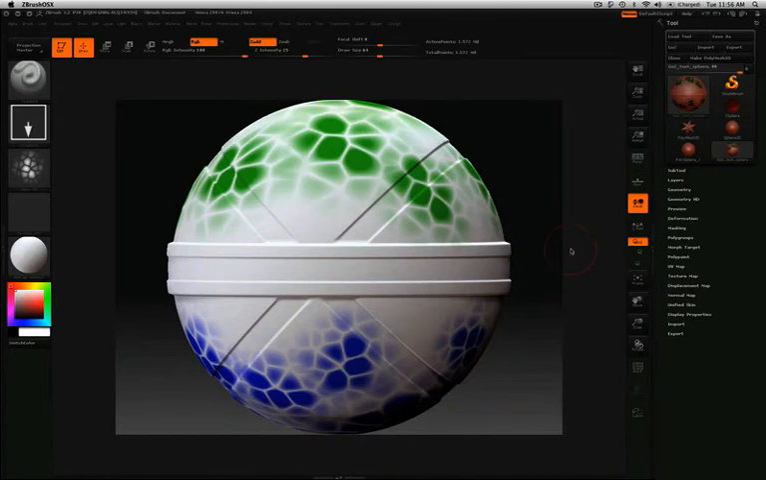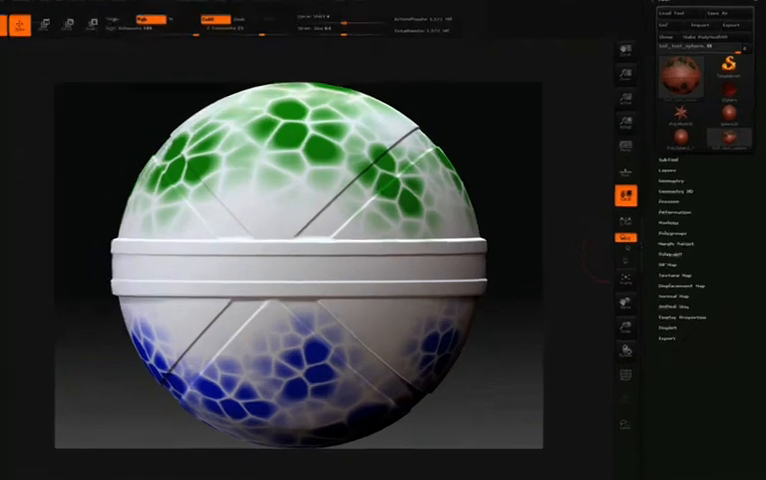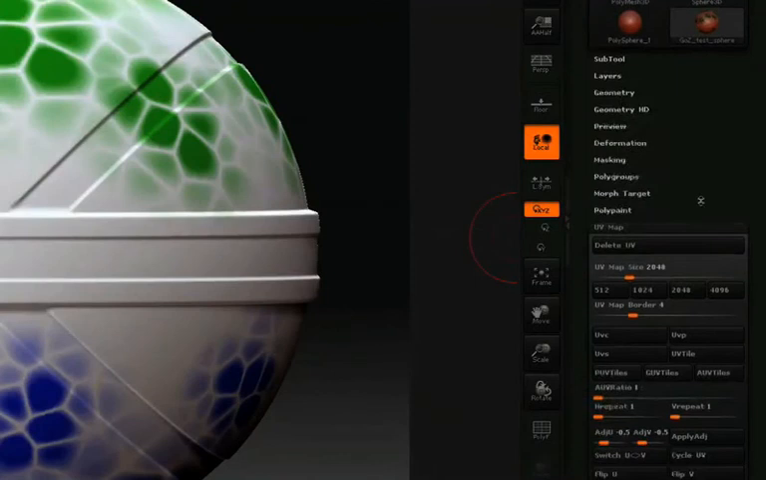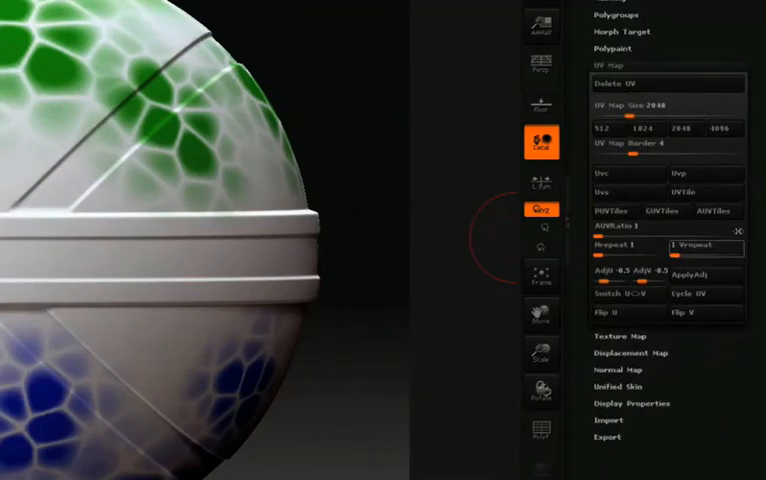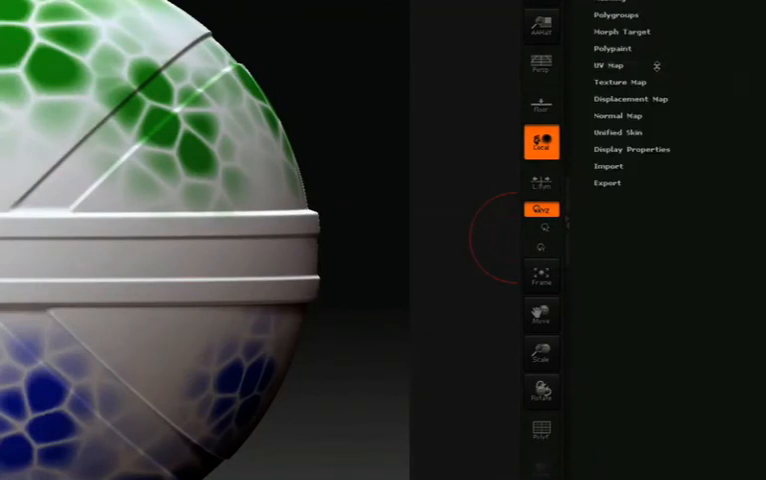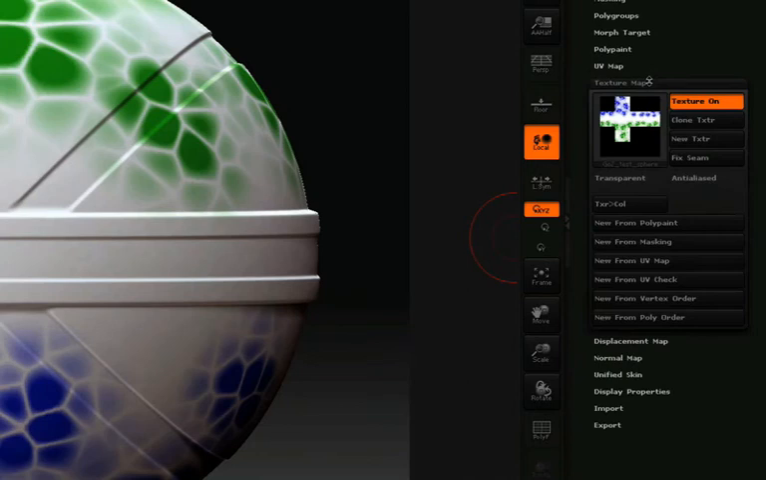For creating a texture, normal, or displacement map, of course we'll need some UVs. This model already has some UVs set up, so we won't worry about that now. In the Texture Map pull-down, we can click New from Polypaint to convert the polypaint information over to a texture map. Next, we'll be setting up our displacement map, so I'll click on the Displacement Map pull-down here in the